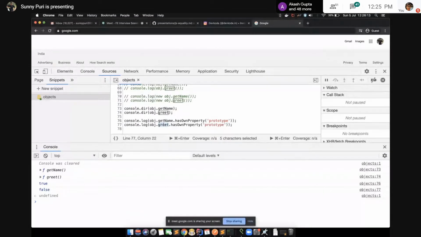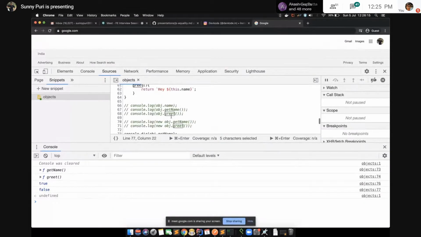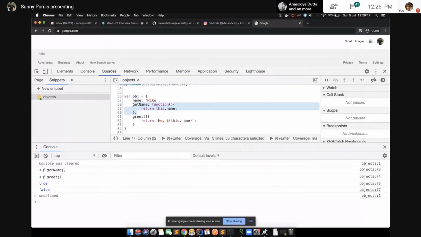If you want to use new anytime in your project, always define the function like this. If you don't want to create an instance of any object, use this so that you can optimize the object. This is one of the concepts from object-oriented and functional programming.